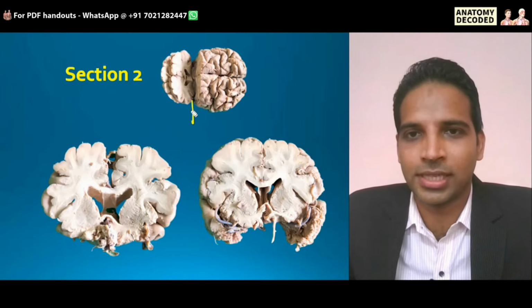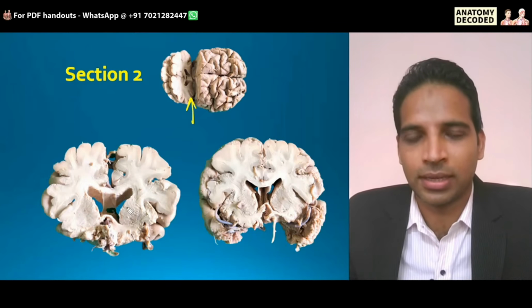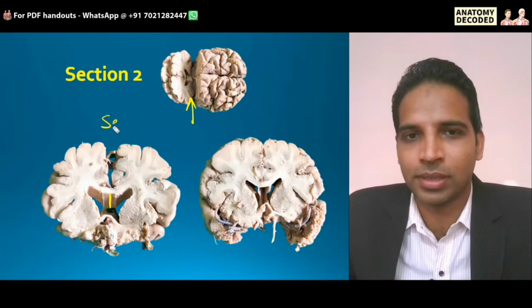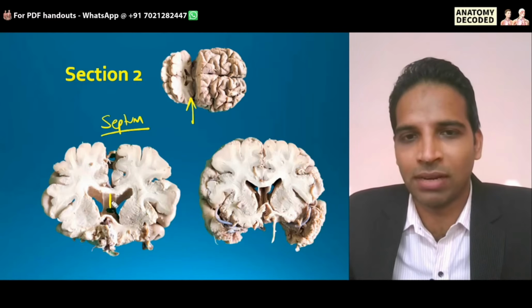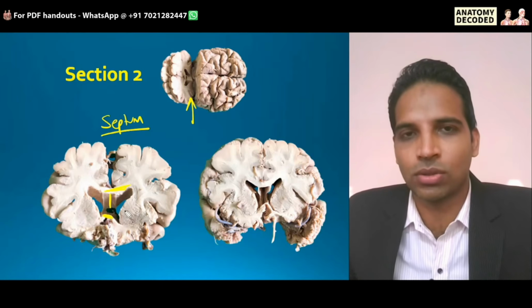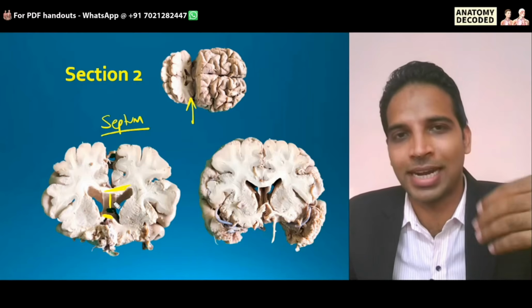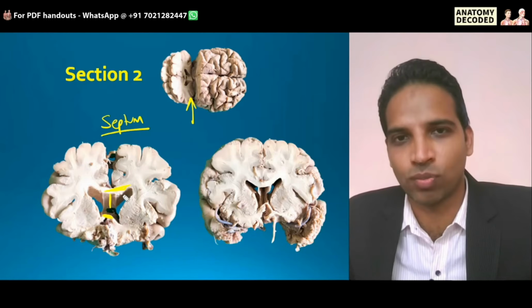Okay, so this section is also passing through the anterior horn of the lateral ventricle. Here the various boundaries of the anterior horn are much clearer. In the midline, there is a septum called the septum pellucidum, so that forms the medial wall. Roof is formed by white matter fibers, that's the body of the corpus callosum. Floor is also by white matter fibers, that is referred to as the rostrum of the corpus callosum. Okay. Roof, body, floor, rostrum, and